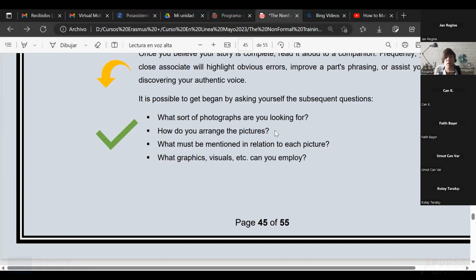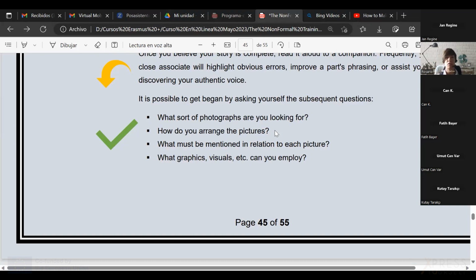So you might have chosen the right photographs, but you also have to consider that the story, if you are narrating a story or you're including text, where are going to be those pictures? In which part of your speech? In which part of the music? In which part of the video? Are they going to be at the beginning? Do they say enough at the beginning? Do they match the beginning of the story? Should they be at the end? Right? So it's something you have to reflect on as well.